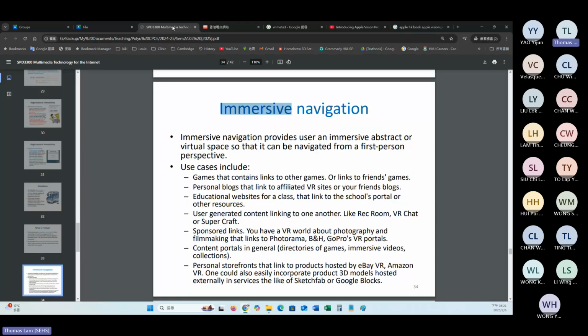Okay, so this is some of the demo for the immersive experience. Therefore, it's really common nowadays. It's not that special.